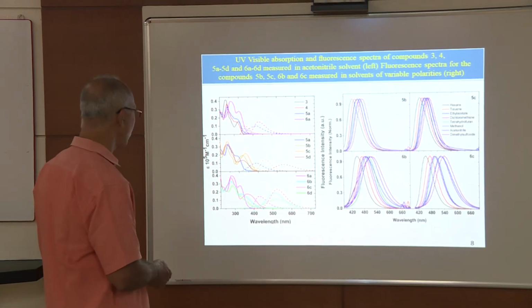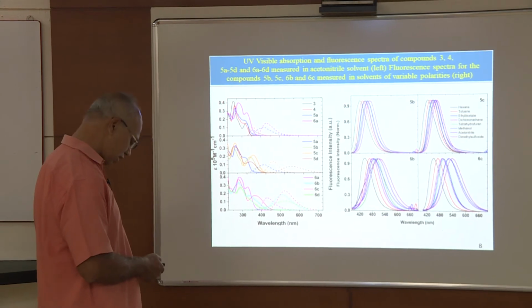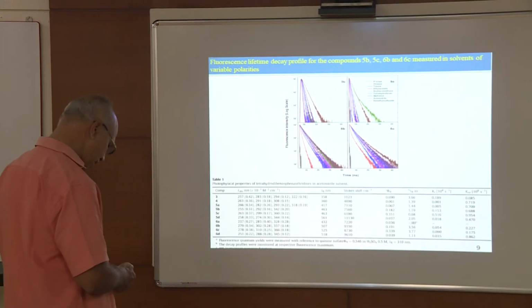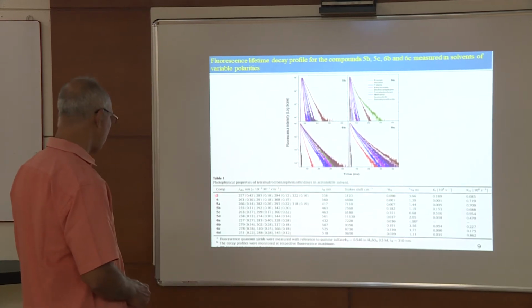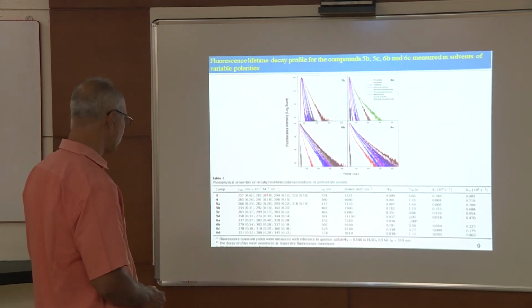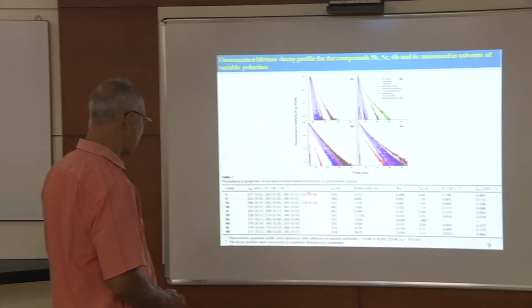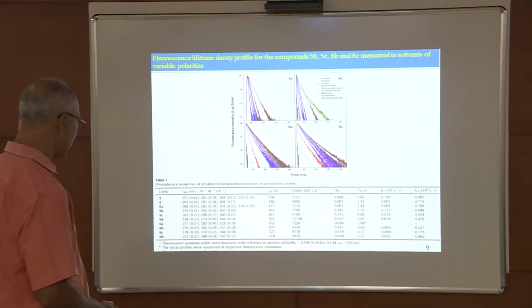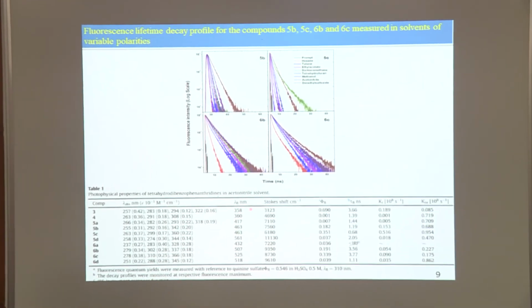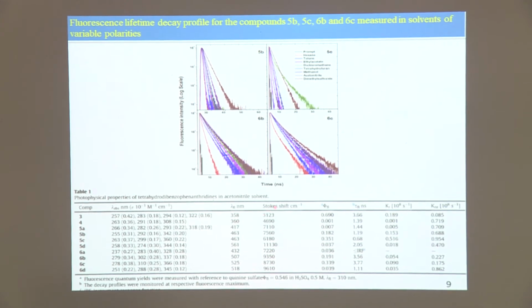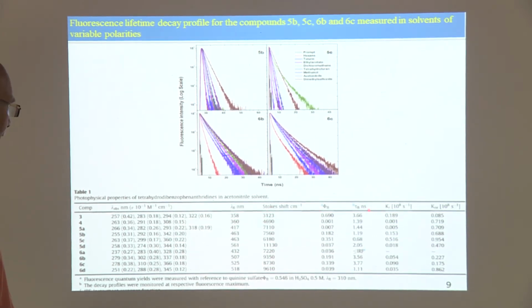Next, going to the absorption and emission spectra, this is compound 3, without any substitution. We are getting prominent peaks at 294 and 322. Then we get an emission spectrum at 358, and the Stokes shift value is this one, and this is the quantum yield, and then we went for the lifetime.